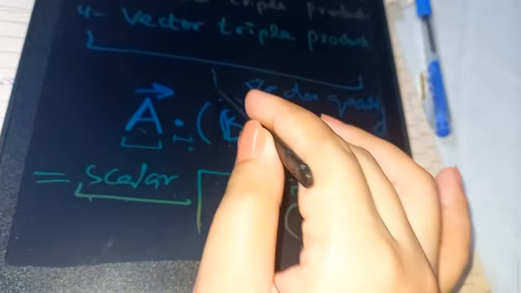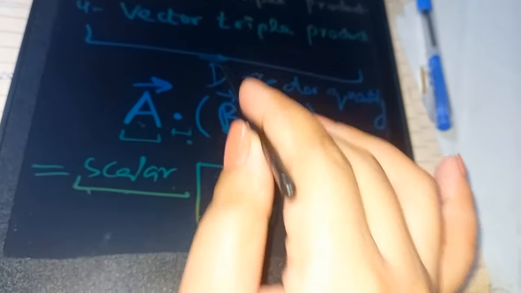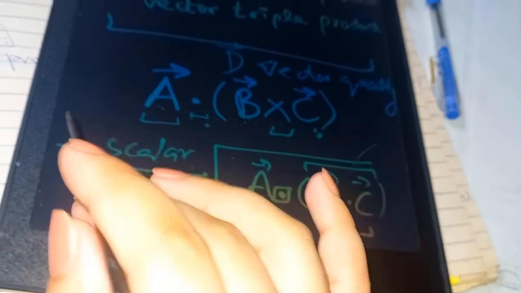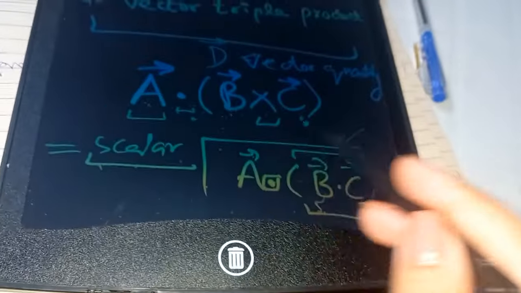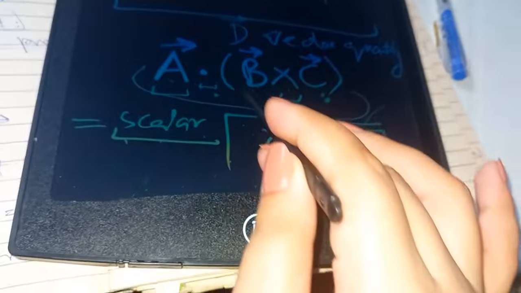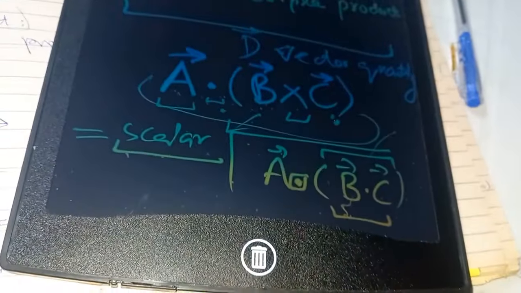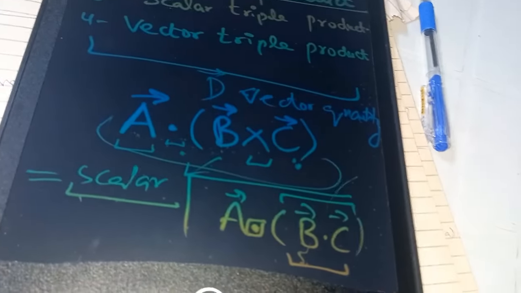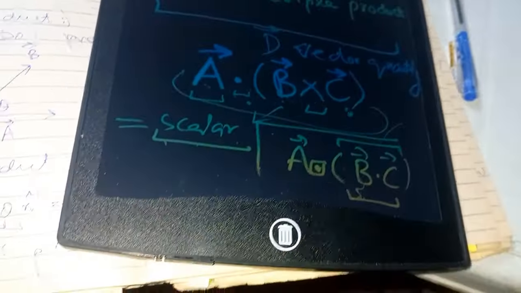Okay, let's say it gives you a D quantity, and you'll find out the dot product with D quantity then. Okay, and since it's a dot product at the end, and dot product has that property that it turns the vectors into a scalar quantity. That is why the result is a scalar quantity. So if you find it difficult to find out the order of multiplication, that whether to do this one or the other one,